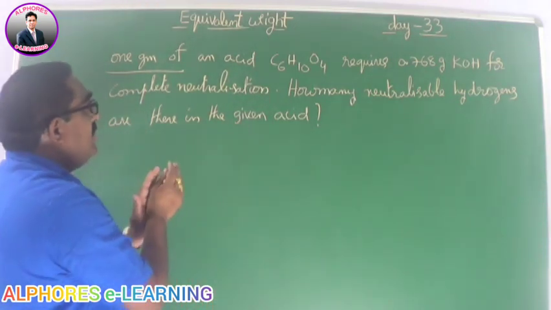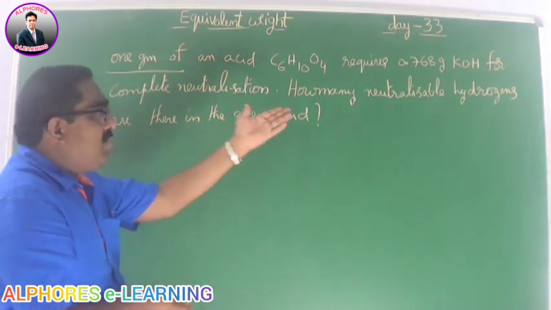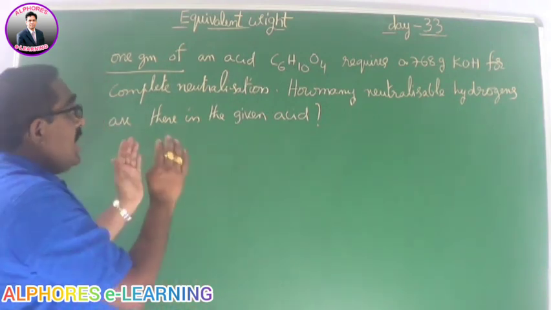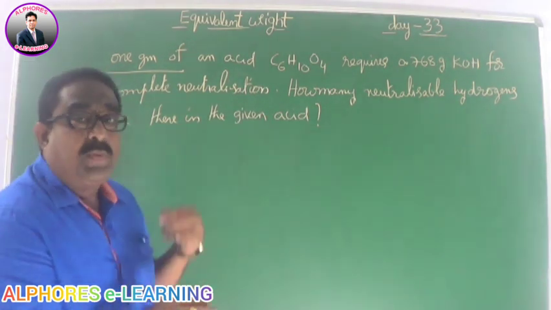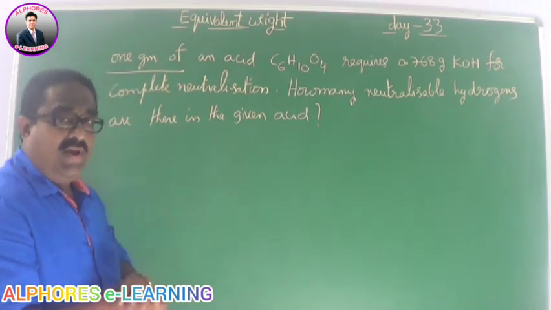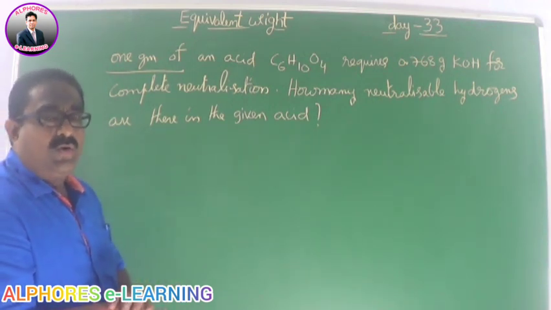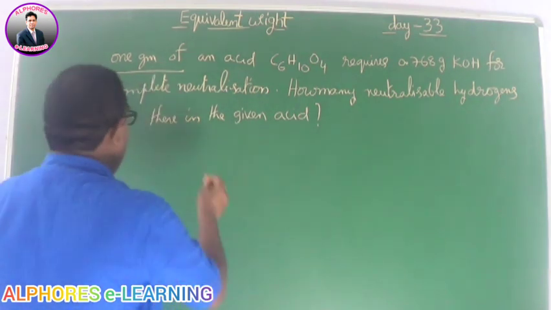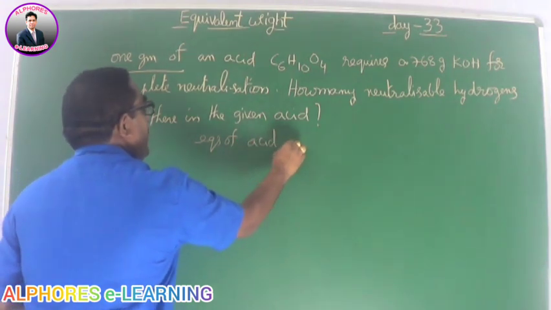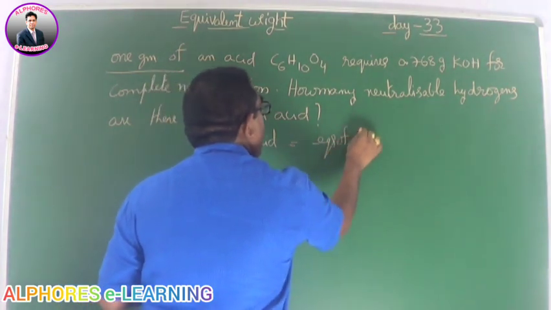One should start thinking like this. An acid and a base, no doubt a reaction will take place. That reaction chemically we know as neutralization. Everybody knows about that, basic knowledge of chemistry. And I am going to apply the principle of gram equivalents, because a chemical reaction is going on between acid and base. It means you can simply write the equivalence of acid should be equal to equivalence of base. Write down, students, along with me: equivalence of acid is equal to equivalence of base.